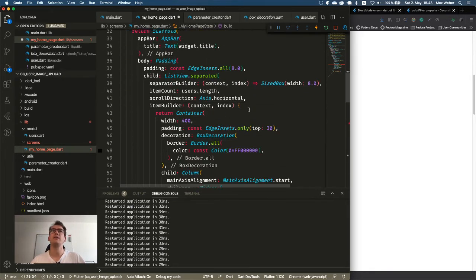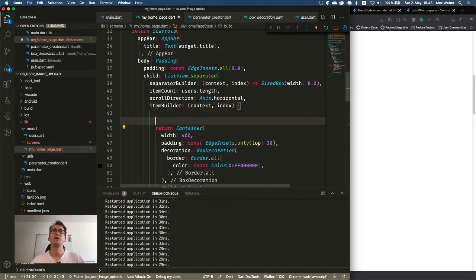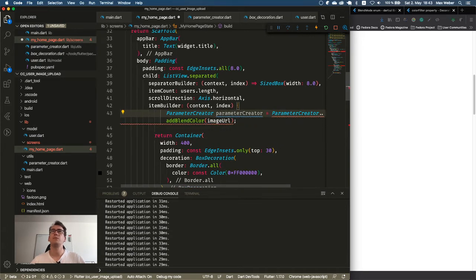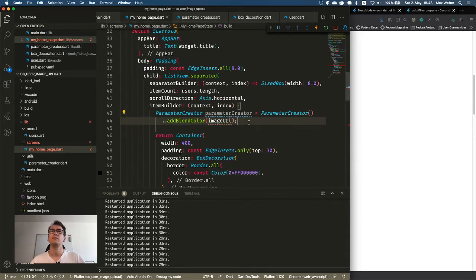Because we want to have it here in the item builder. Because the item builder has access to the image URL. And also what I want to change, well, okay, sorry, my IDE drives me crazy right now. So where we are. And the image URL is from the users index .avatar URL.